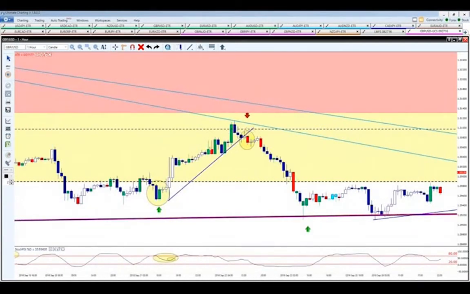Once it hit this 382, I was now looking for the market to U-turn. I was looking for it to U-turn and start going downward to its extension level. What happened is I drew this line right here. This line's called a counter trend line. When the market came up, it broke my counter trend line, gave me my red candle, letting me know to look for the market to go down. So I then went ahead and sold the market right here. I shorted the market right here at this candlestick. And we were still a little bit in the sell zone, if you look at our stochastics. So it was looking like a pretty good trade for me, so I went ahead and took it.